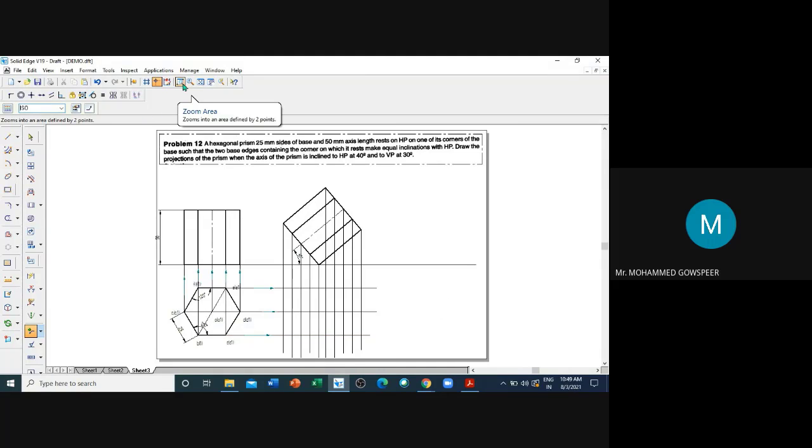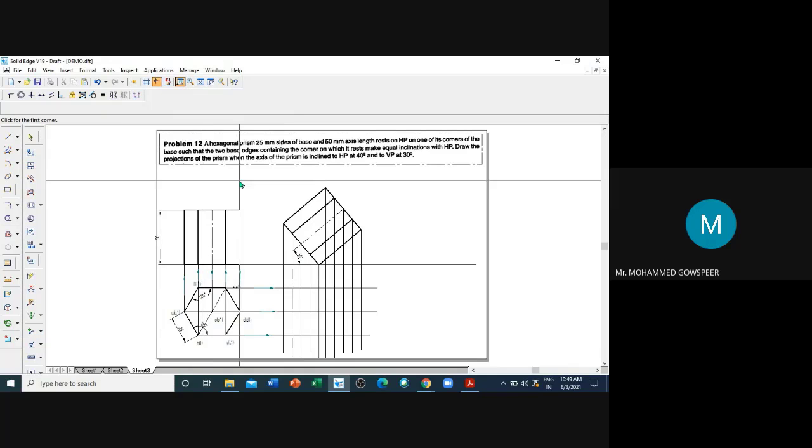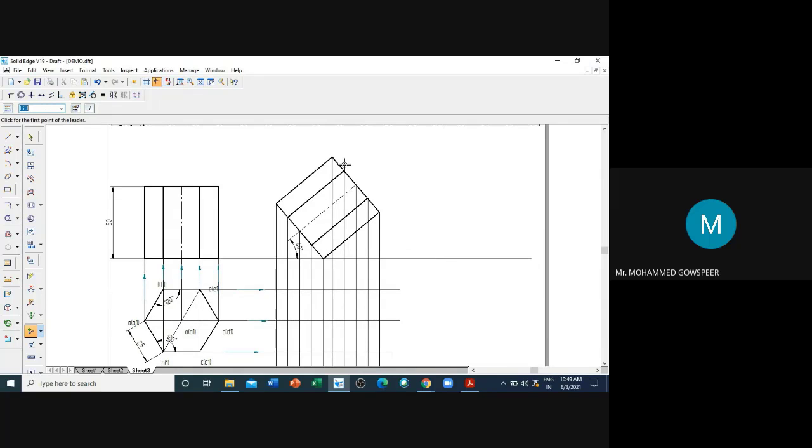Now we'll draw the top view. Now these three lines. Now this is the top face. Now select the visible line style, so the top face must be visible. Now name it; if you name it, then it is easy for you. This is A, this is B, this is C, this is D.